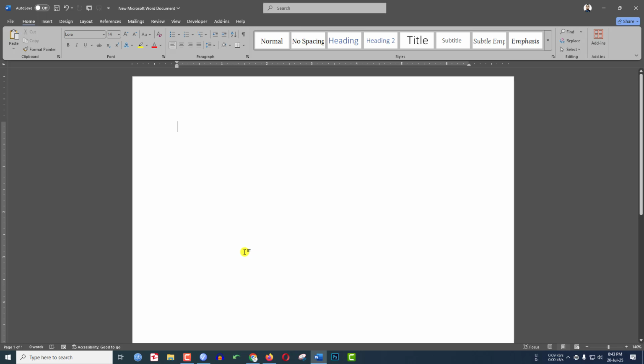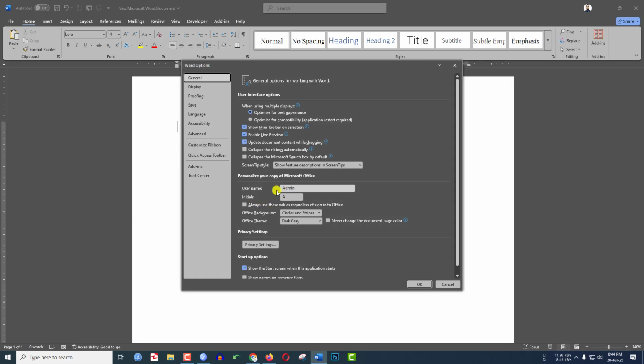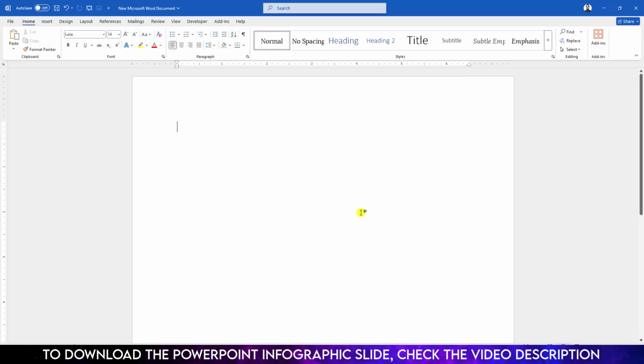In this video, you are going to see how to enable dark mode in Microsoft Office or Microsoft Word. To enable the dark mode, go to File, go to Options, and here you will find the option Personalize your copy of Microsoft Office and select the Office theme. If I click on Colorful and click on OK, here you will see I have changed the Office